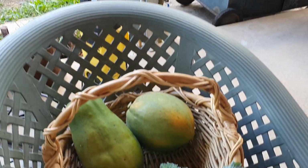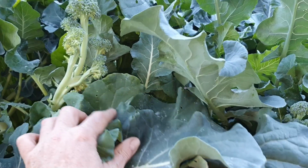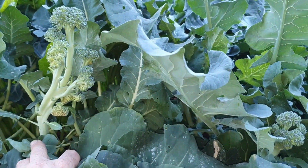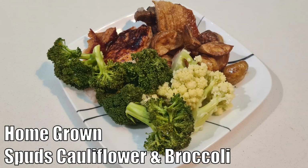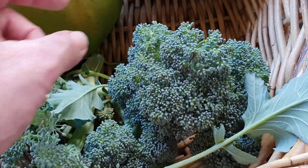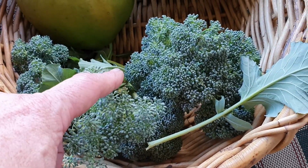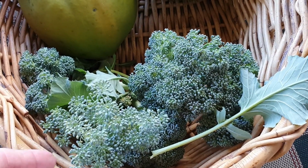How's it going, folks? Thought I'd give you a bit of a look at this afternoon's harvest. I finally got the broccoli that was starting to bolt out of the aquaponics, but we're still eating what was in the fridge, so yeah, we just let it go a little bit longer. And these guys, when they spread open a bit, they're really nice in a salad, so that's pretty much what we'll use them in. Not tonight though, they're staying in the fridge because tonight we're having sanshoy bao,